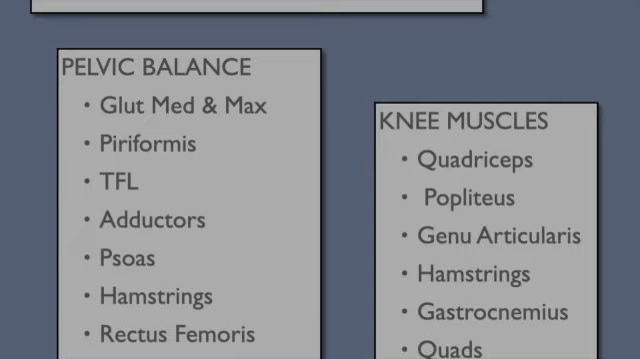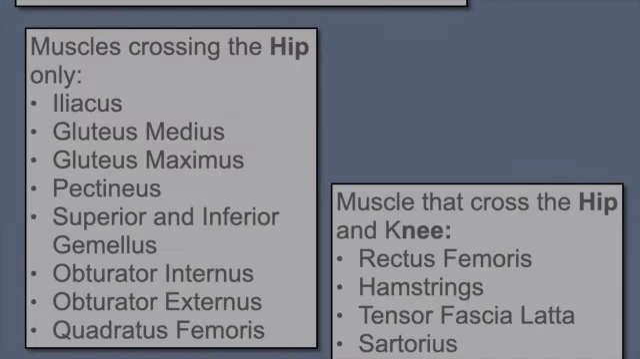I broke down the muscles here like we did for the shoulder just to kind of get our thinking clear. So pelvic, knee, ankle muscles all require pelvic balance, which involves these muscles. The knee muscles more specifically in this category. The next couple slides we've got